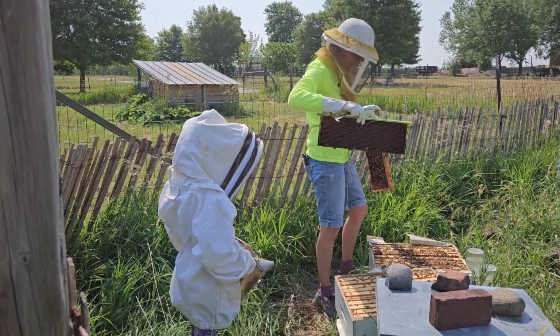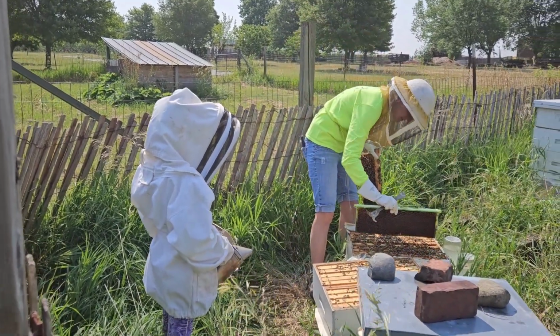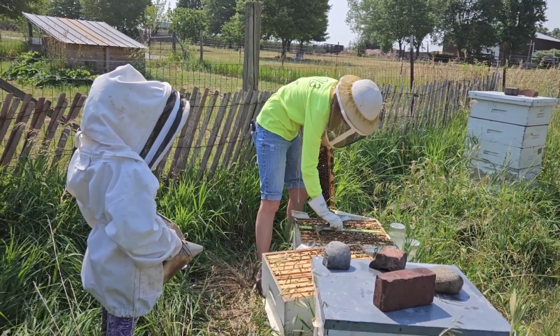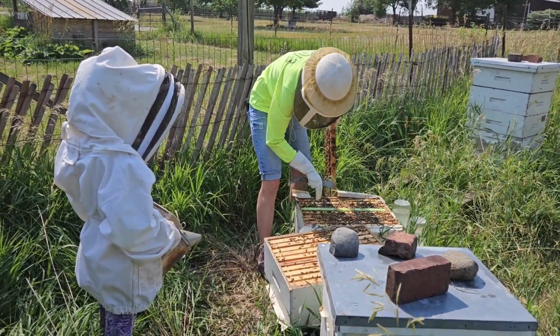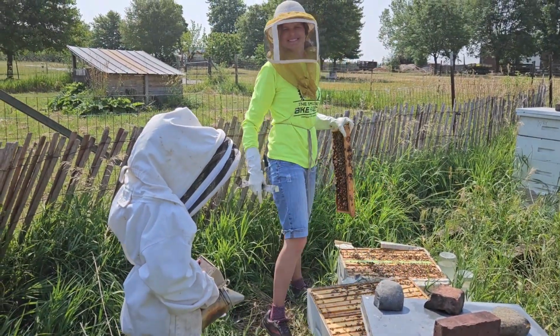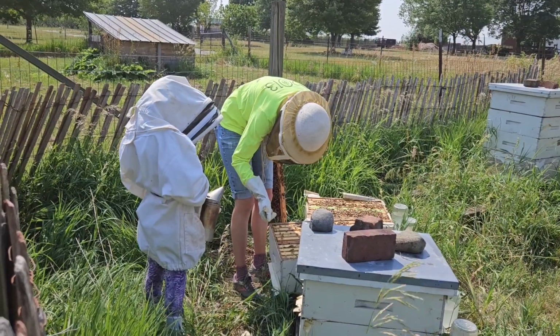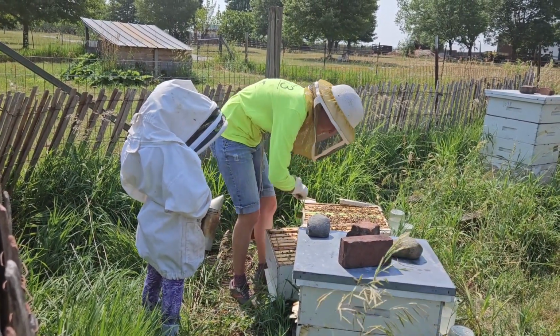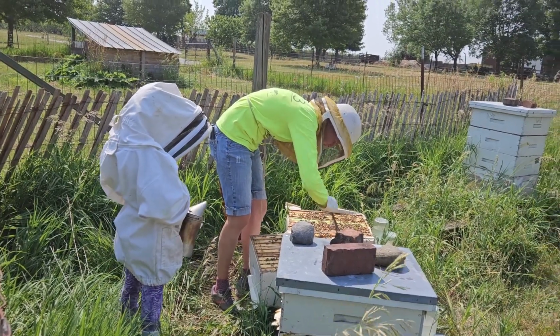Now I'm gonna take this and I'm gonna put it right inside in the brood nest. And then I'll be able to close them up. I've done stuff like in all these frames because I need one to put back. I don't really want to, but if it's just